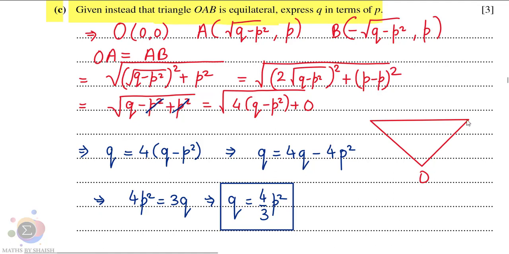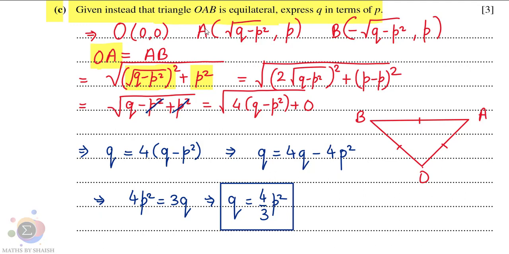to be O, and if it is positive, we can take it as A here, and we can take this point as B. So it is an equilateral triangle. It means OA distance and AB distance are both the same. So I have used the distance formula in this case. It is simply the square root of, since we are finding this distance OA, Pythagoras theorem we can use, that is the root of the square of the first component and the square of the second component,